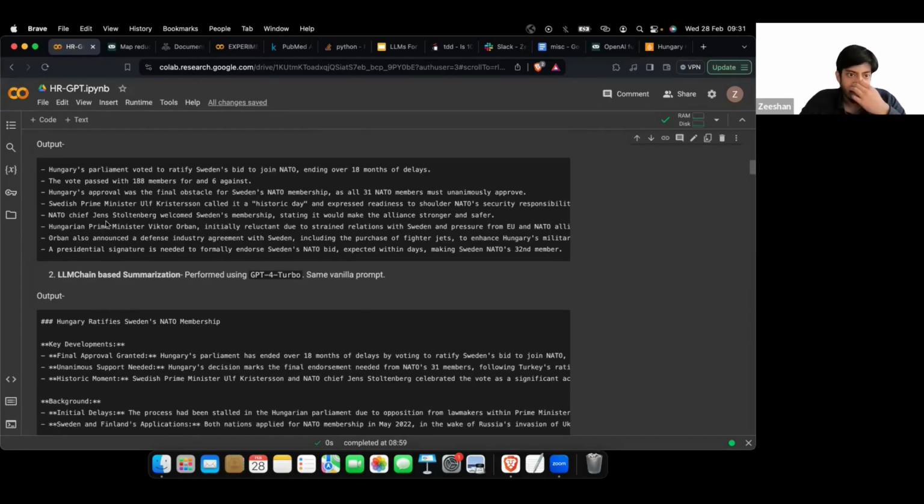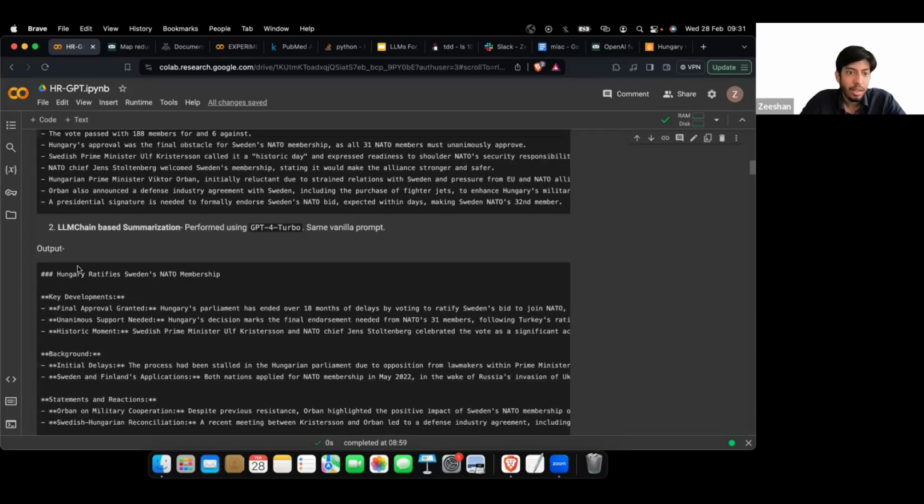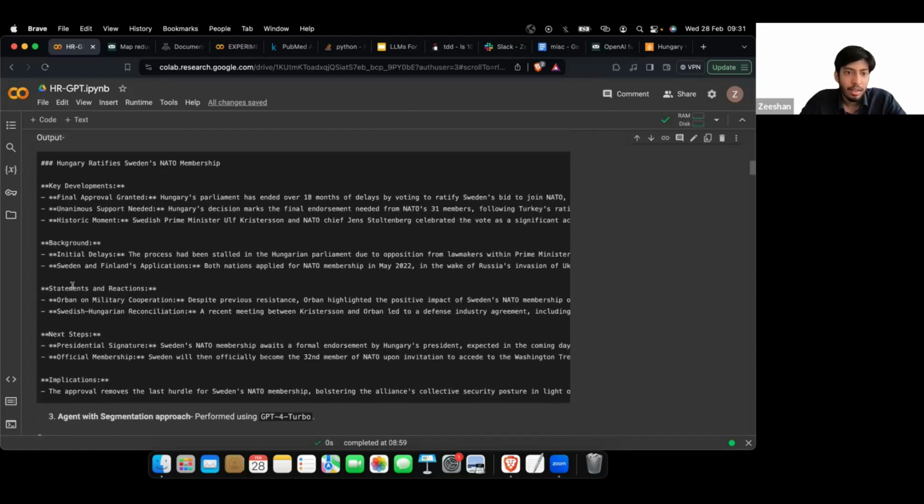In the basic one, even though the summary has been provided in a point-wise fashion, it's not segmented, or the subsections are not provided explicitly. But you can see that with the LLM chain, it has actually provided semantic segments as well. These are the segments, and the summary is organized within these segments.